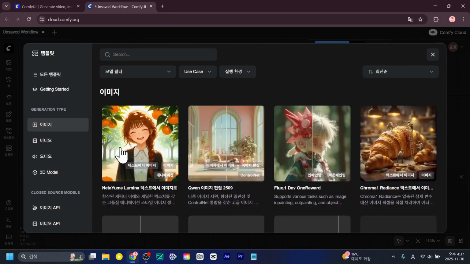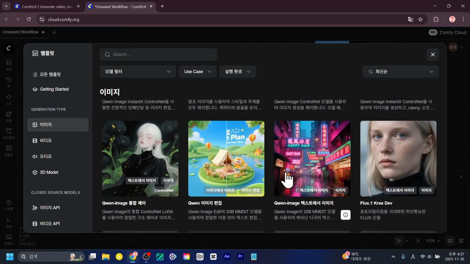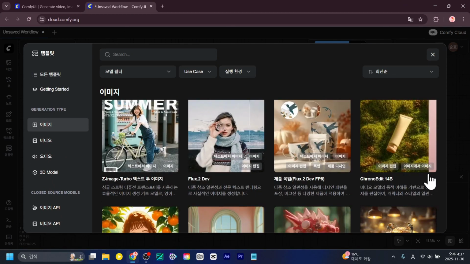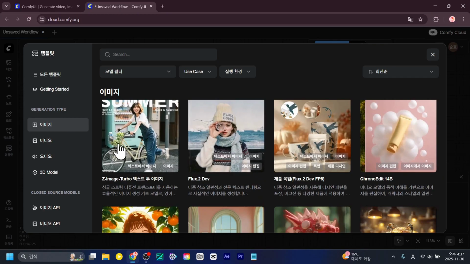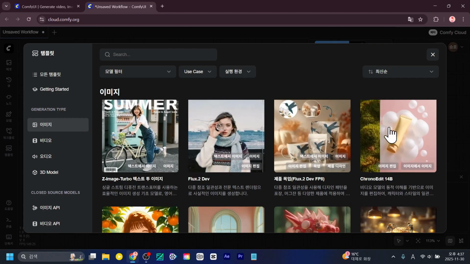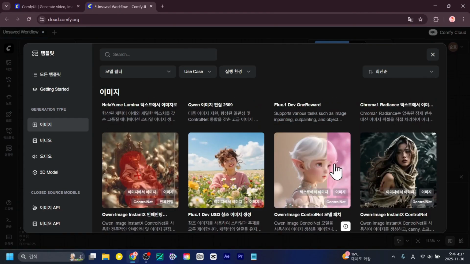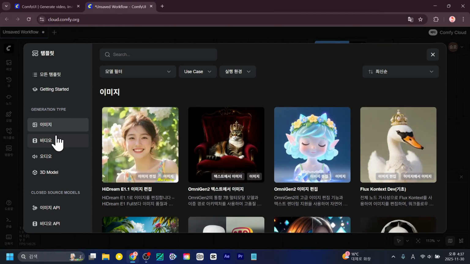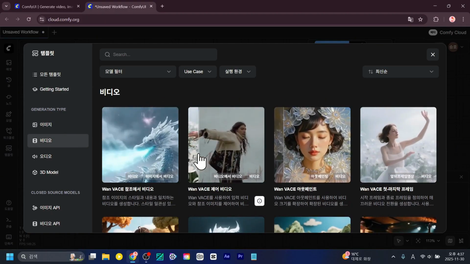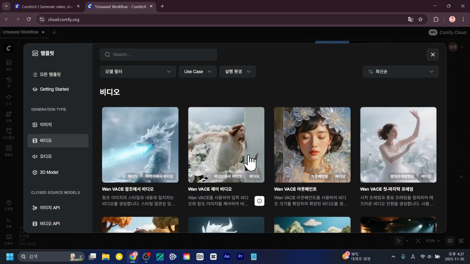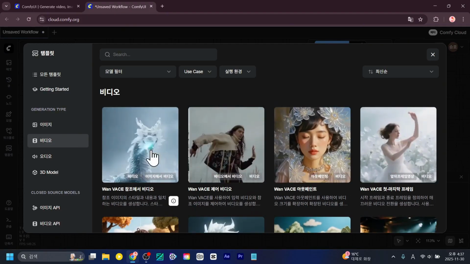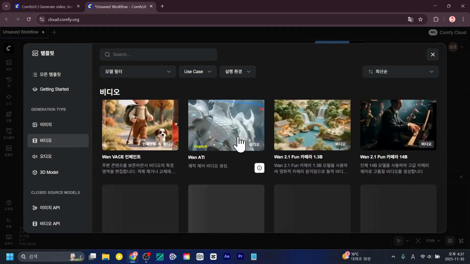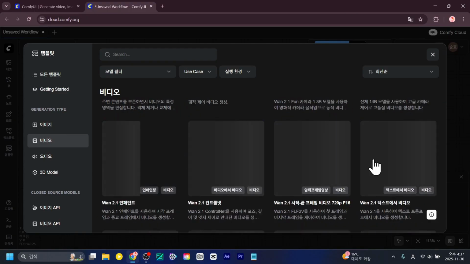First, if we take a look at the image models, you can use them by clicking on these template-based options. Starting from Flux, there are things like Z-Image Turbo included here. It looks like all the basic options and so on are visible. If you look at the video section, there are also control models like Wan Base available. This is also interesting, and then there are a lot of Wan models as well. There's also Wan ATI and other things like that visible here.